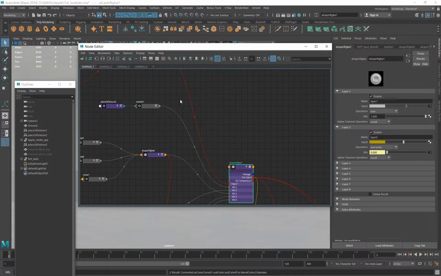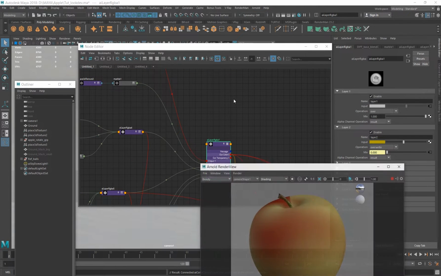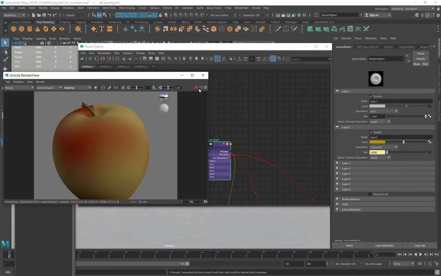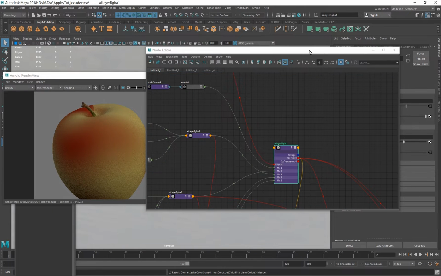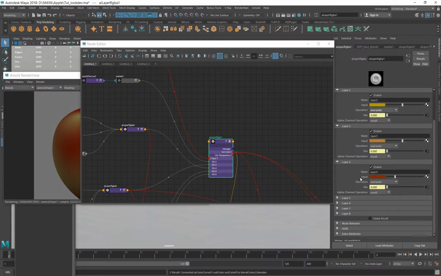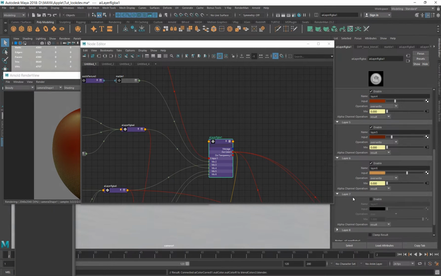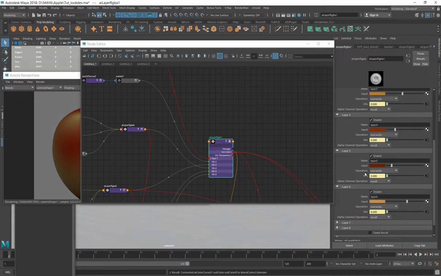So let's look at the diffuse color first. So here we have loads of layers. Okay, 6 layers.